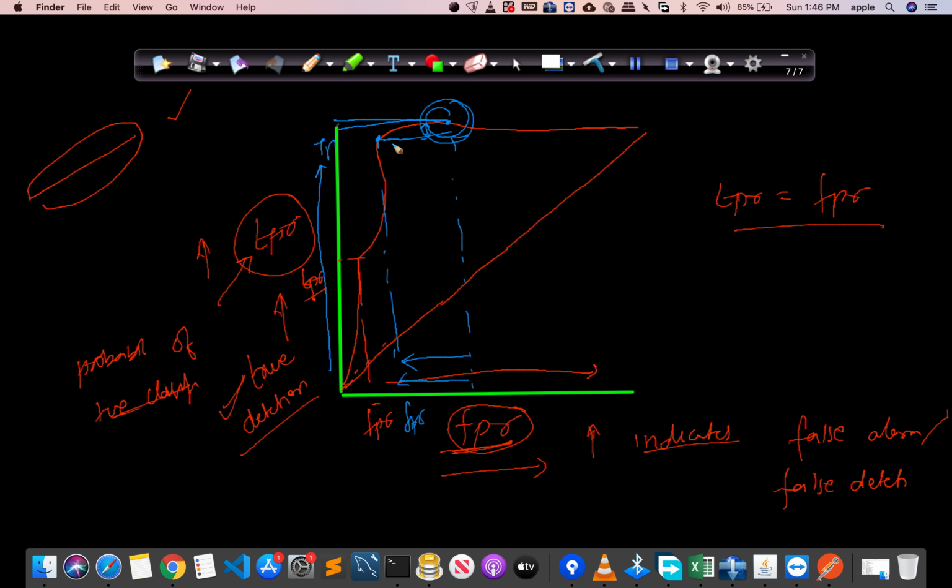So how do we select the threshold? For every threshold we know the true positive rate and false positive rate. Once we have selected this as our optimal point, we can look in our data structure for the threshold at which we got this particular true positive rate and false positive rate, and select that threshold. So this is how we use the ROC AUC metric to select a threshold according to our own business needs.